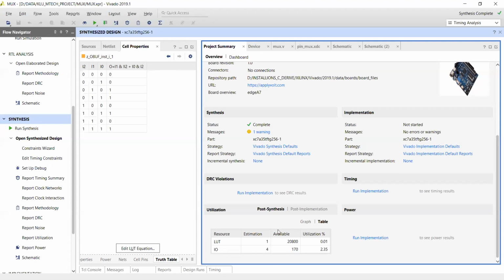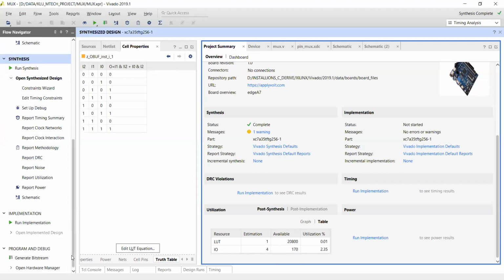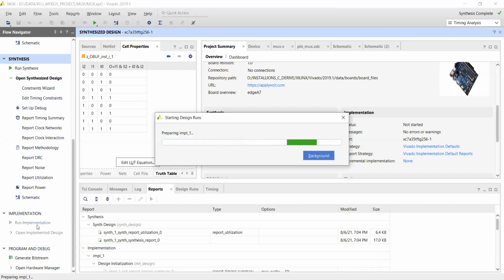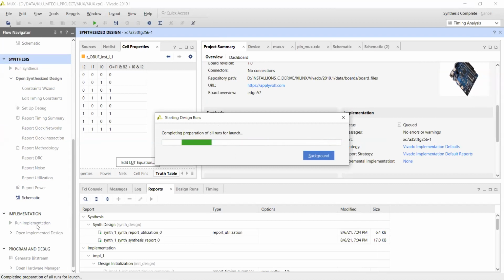Nice. The last thing is the implementation part. Just click on run implementation. Here the implementation goes with PNR. PNR means place and route. Why place and route?